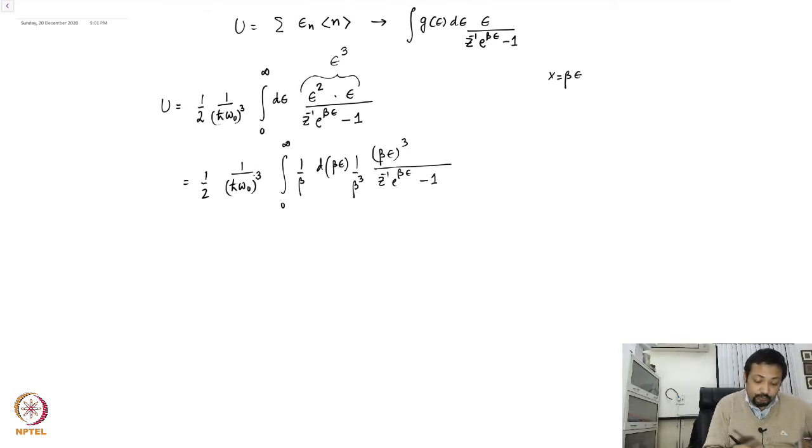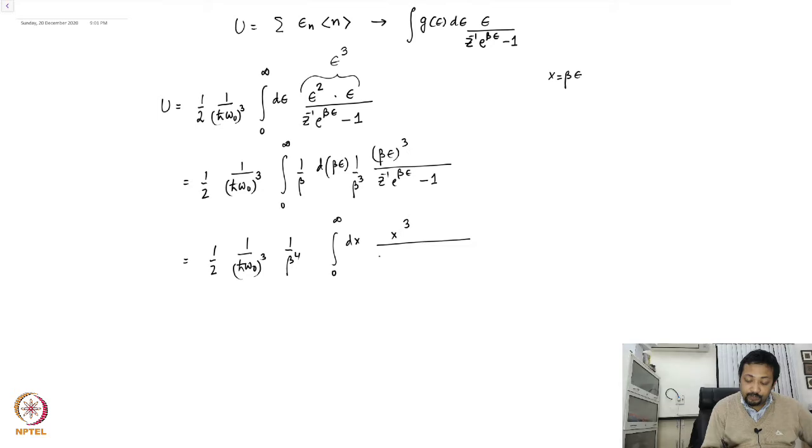Sorry, there is a cube outside, over h bar omega naught. So this becomes half, the beta cube, and beta gives you beta to the power 4. So I have h bar omega naught whole cube, 1 over beta to the power 4, 0 to infinity dx,